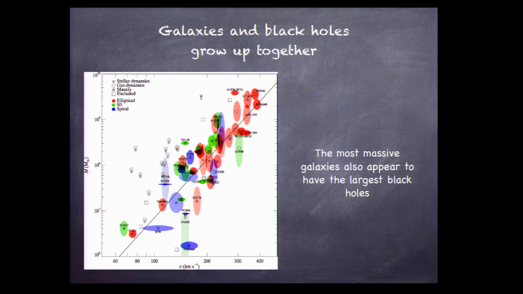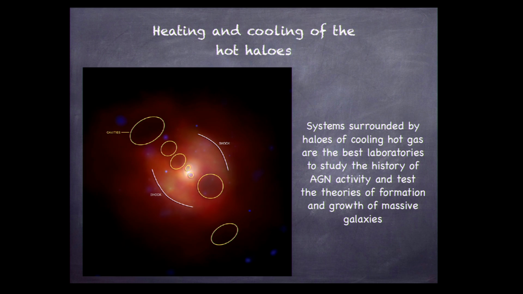In this talk, I will focus on the high mass end of this relation, on the largest galaxies of the universe, which reside in the cores of galaxy clusters and groups of galaxies. These are giant elliptical galaxies. One good thing about these giant ellipticals is that they contain an atmosphere of hot X-ray emitting gas. Now, the cooling time of this hot atmosphere in the central regions of these galaxies is less than a gigayear. So if this gas were unaffected by any heating, it would just cool and eventually form stars.